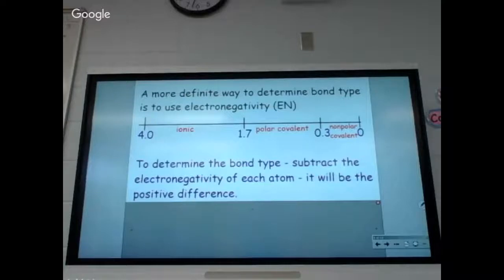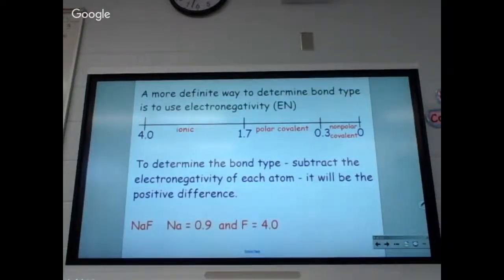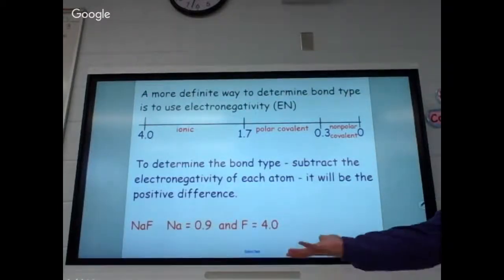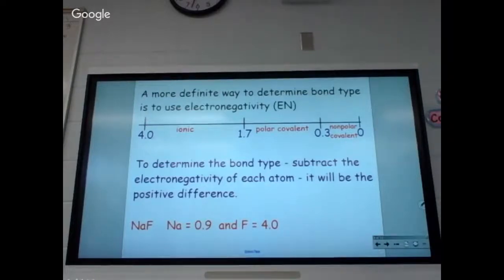Now, we don't even worry about the numbers. So, if we have a compound such as NaF, NaF is an easy one. If we look up Na on the chart that I just handed you,